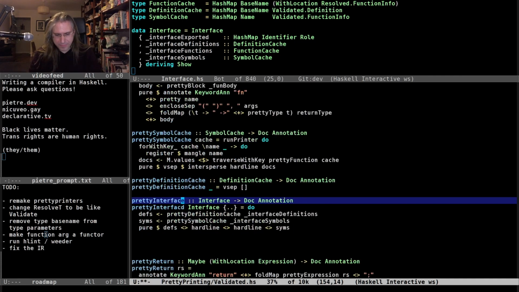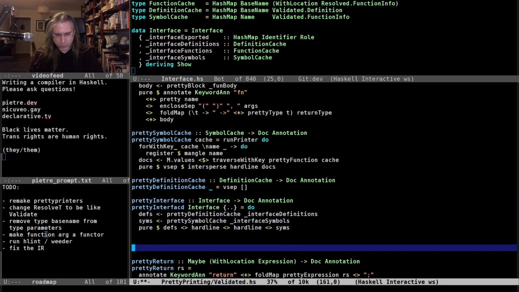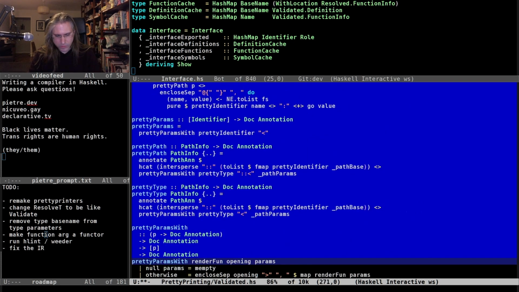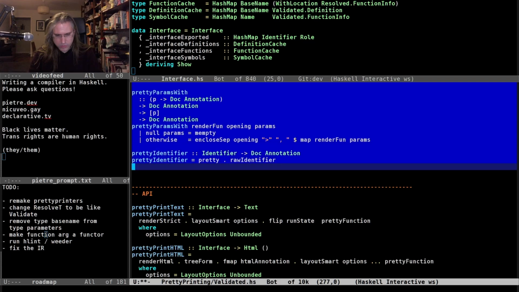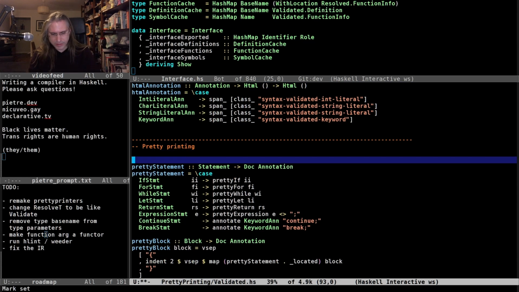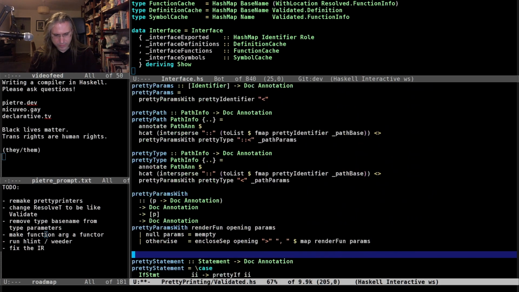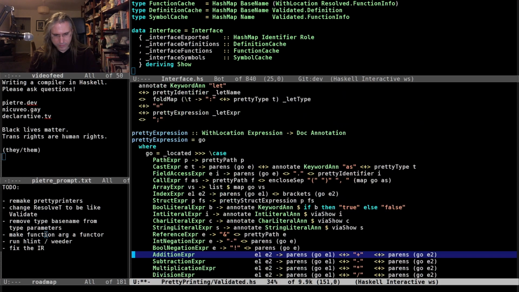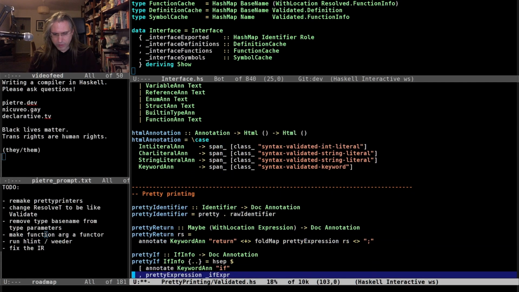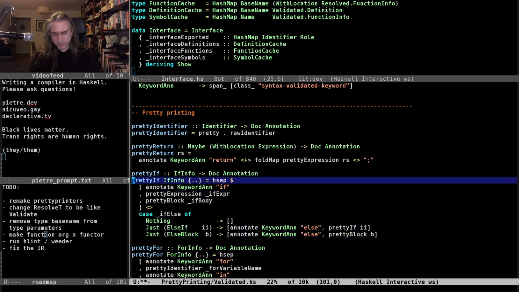Okay. I'm just gonna copy all of the stuff, which hopefully, yeah, I think most of this remains unchanged. It's just that the order will have to be changed because of Template Haskell in this file, which is a bit annoying. So I'll need to move a lot of stuff up like this. Okay, so